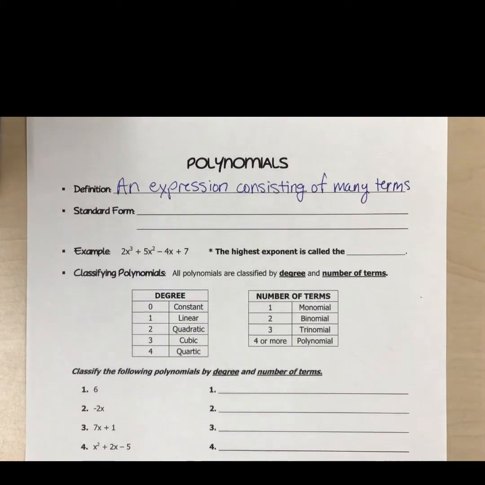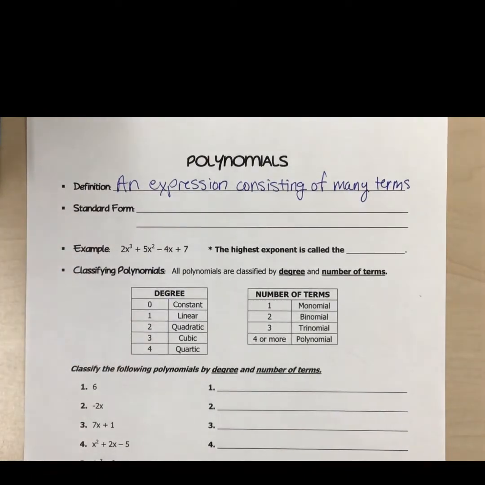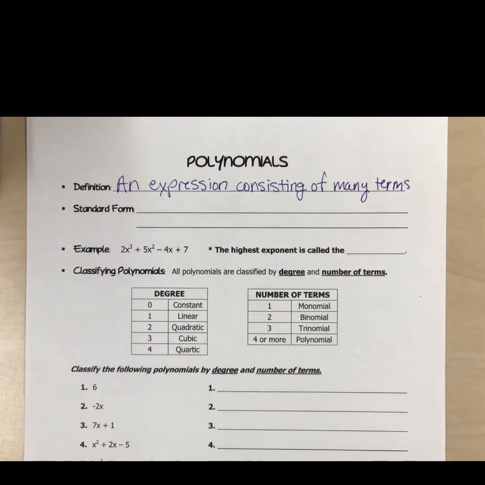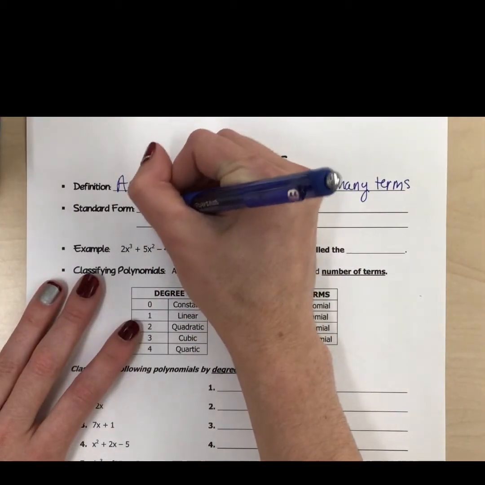To write things, though, in standard form, we've talked about the standard form of linear equations, right? That ax plus by equals c was our standard form, and oftentimes we use that when we talk about word problems. However, we in this class have only used it to switch over into our slope-intercept form of an equation. Polynomials also have a standard form, and you should remember that they must be